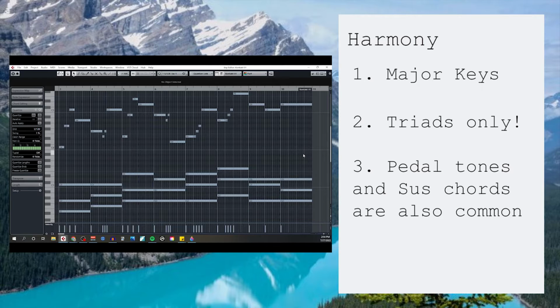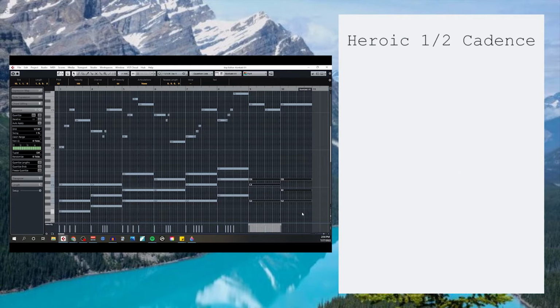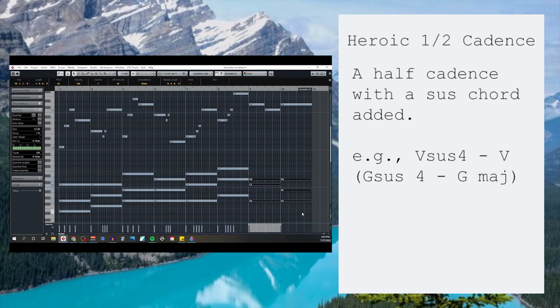If we look at the piano sketch for this piece, you can see that I used a single suspended 4-chord in measure 9 to help create something that we will call a heroic half cadence. A heroic half cadence is when you end a chord progression on the 5 chord, just like a normal half cadence. However, directly before the 5 chord, you're going to perform a suspended 4 or a suspended 2 built on the same root. That means if I'm ending on G major, then I will play either a G sus4 or a G sus2